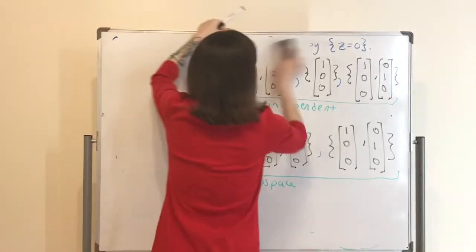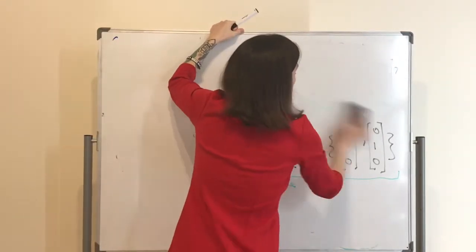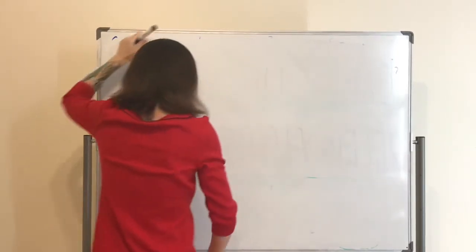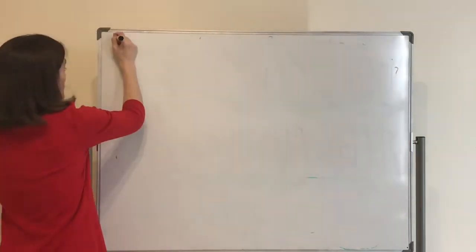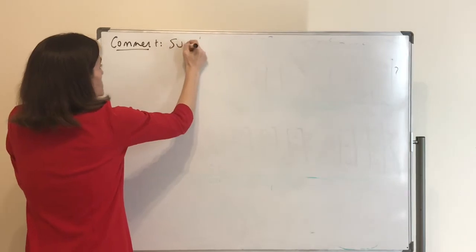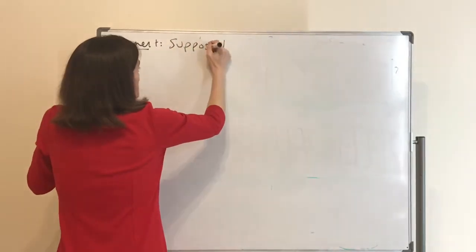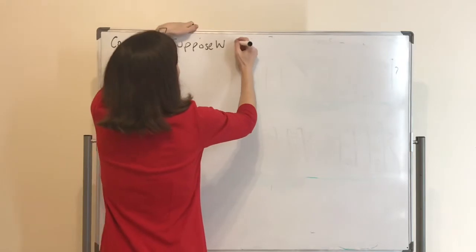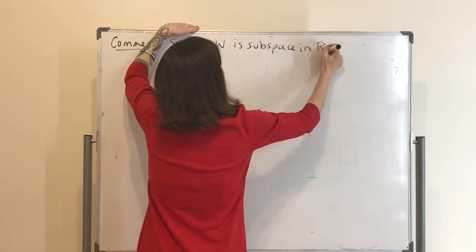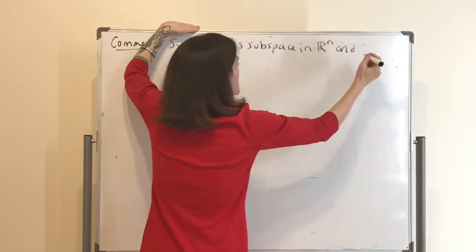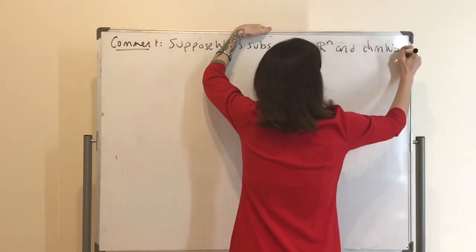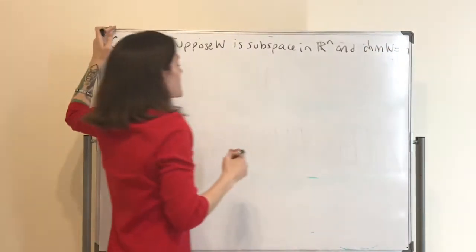And the nice thing about this, well, we get a nice fact sort of from this, I'll say that. Okay, so my comment on this, or you could say it's a theorem. Suppose W is a subspace in Rn, and we know the dimension. The dimension of W is M. Okay. Then,